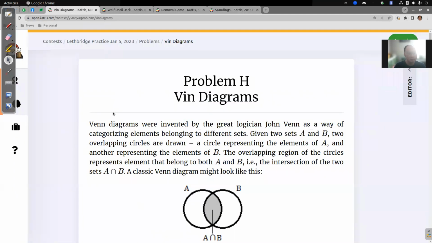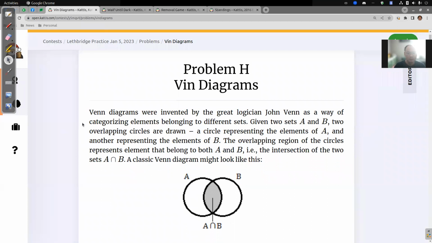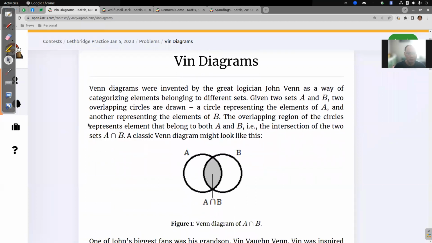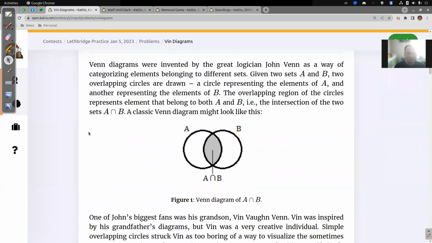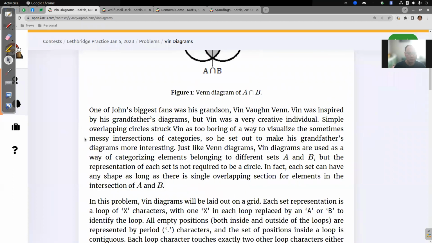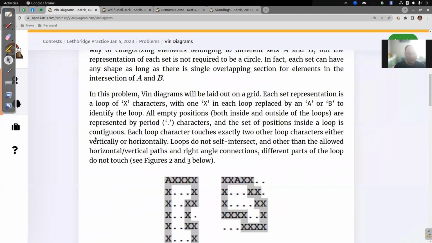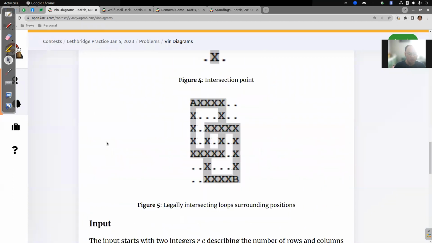I'm not going to really say too much about the problem description. I'm going to assume that by this time, if you're interested in these problems, you have already read the problem. So I'll just jump straight to it. Basically, the problem is that you have